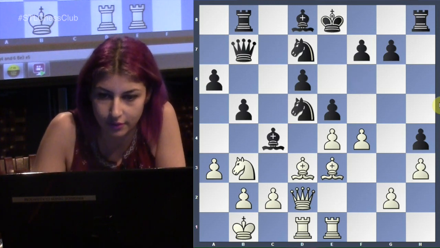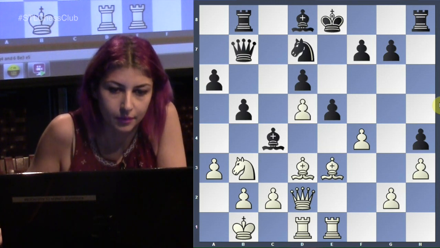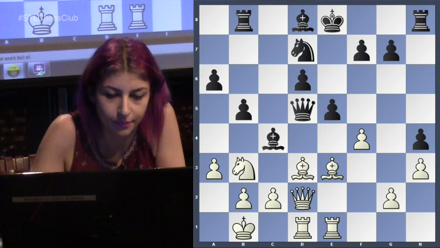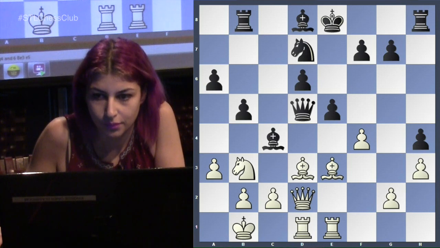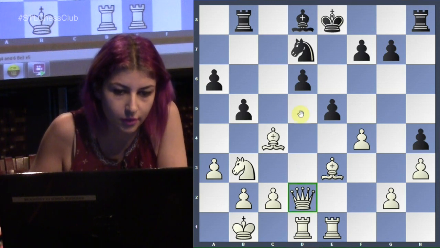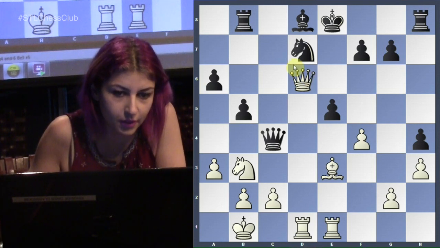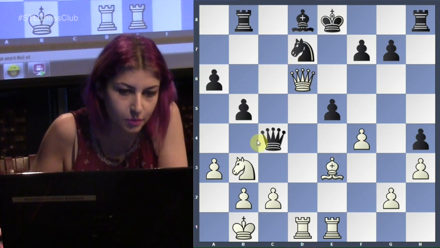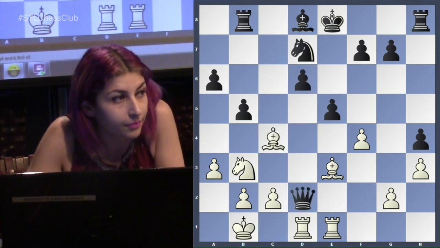So let's say what happens if knight takes. So we have to take. So what if queen takes? Right, so bishop c4. So of course, queen c4 just looks horrible, like black's position is just falling apart. Everything's hanging. Knight's hanging. This pawn is hanging. This pawn is hanging. So if queen d2,